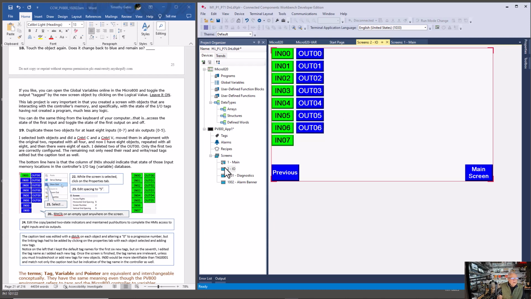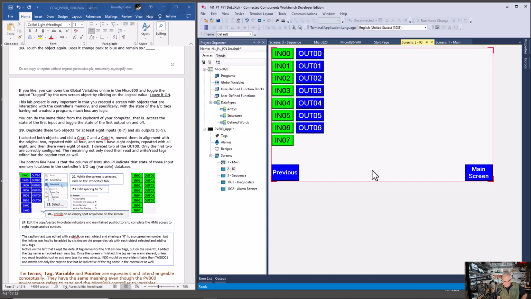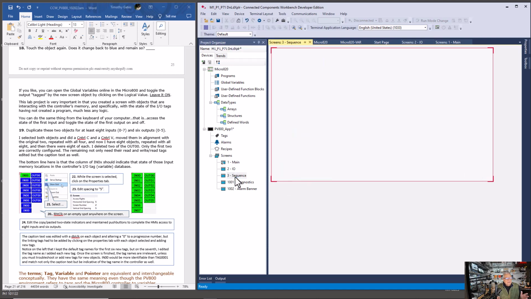We had you create another screen and we changed its name to sequence. Then we had you open the I/O screen and create, well, you can copy the previous. Rather than redo the whole thing, you can copy, go back to sequence, and paste. Okay, now I don't want it up there, so I'm going to delete this one because I want you to